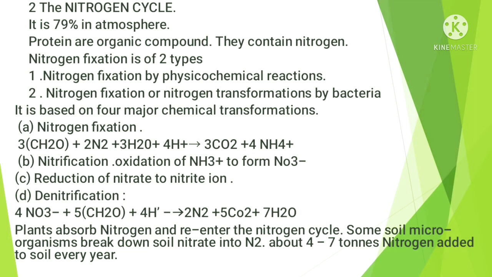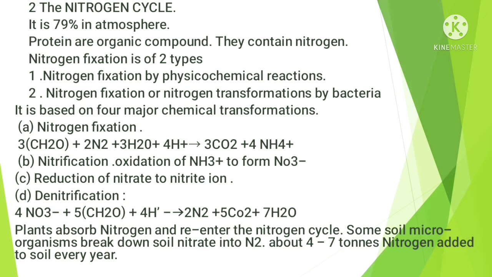Plants absorb nitrate from the soil and produce protein. These proteins are organic compounds containing nitrogen. We know well plants and animals continuously produce protein. This nitrogen fixation is done in two ways. First one, nitrogen fixation by physicochemical reaction. In the physicochemical reaction, it is nothing but a combination of nitrogen and oxygen gas, and then how it is forming,